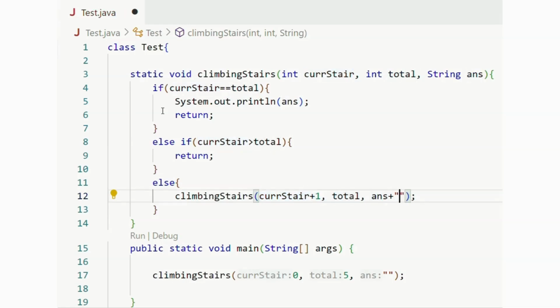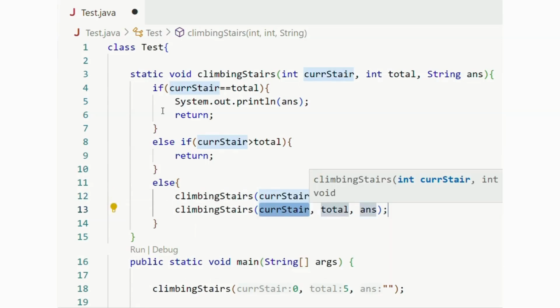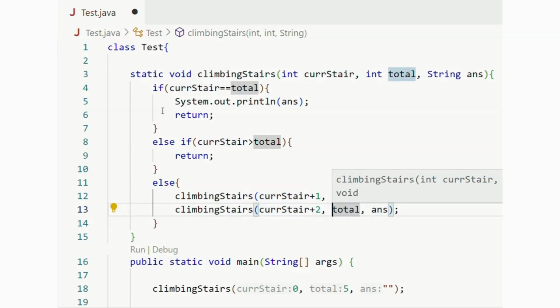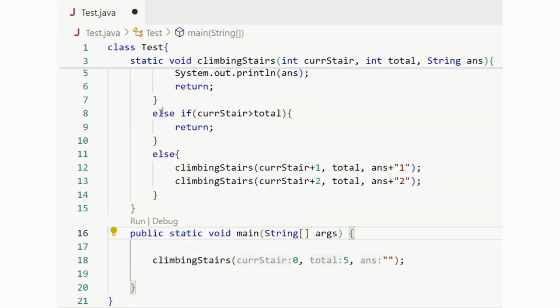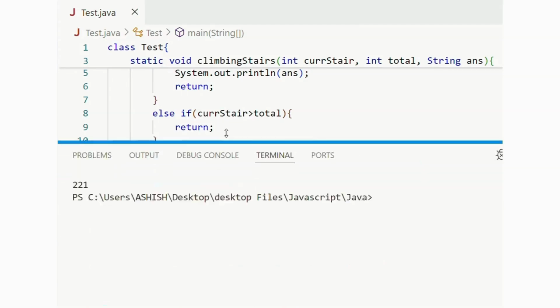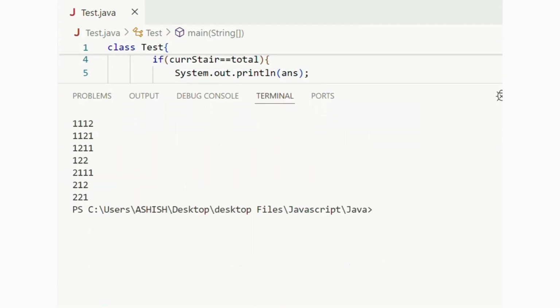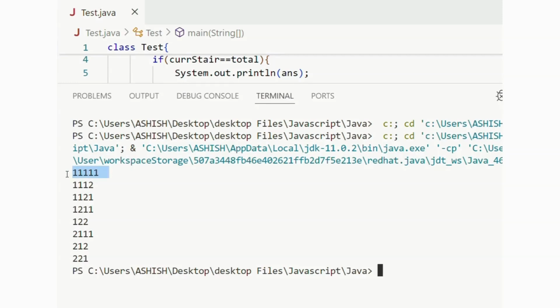The other case is the current stair is greater than the total number of stairs. So in this case, just simply return. It means that the total number of stairs is smaller than the current stair. The third case is the else part, in which we are actually making the recursive calls. Here, +1 simply means that you're using one step at a time, and +2 means that you're using two steps at a time, right? So this is how we have made these two calls in this particular question. So this is how the recursive tree is growing in two directions. Now let us run it, and these are the number of ways. Yeah, so these are the number of ways in which we can climb 5